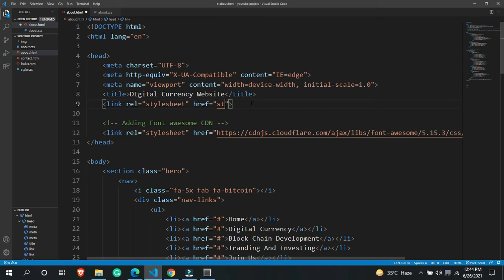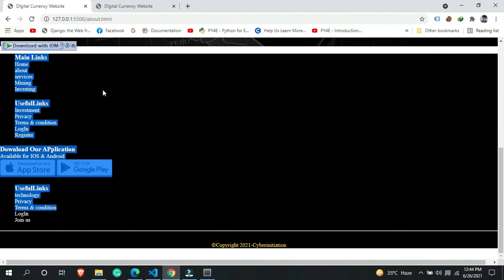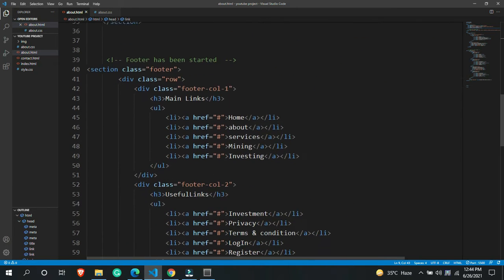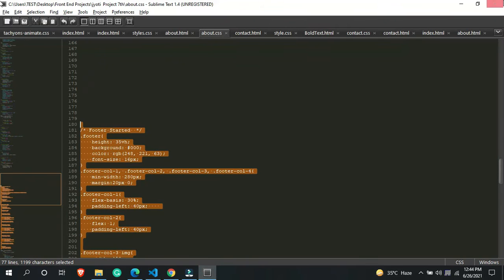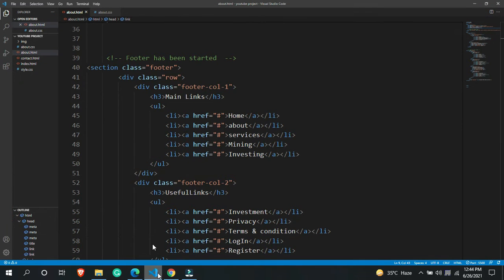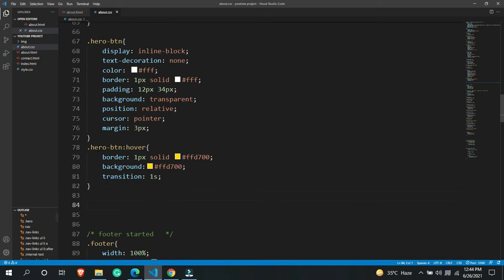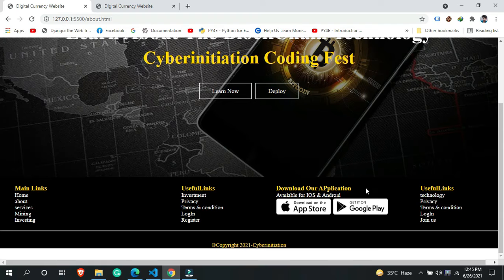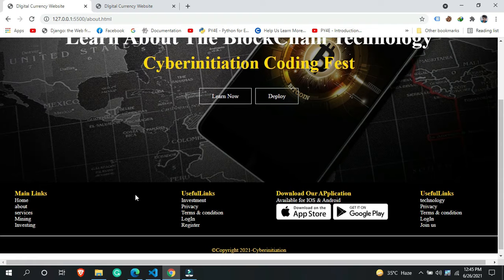So this is our style.html. Let me connect our css file over here, and here we are having this particular thing just because we didn't add any css, we are already using row inside it. So what we need to do is come up over here and add something inside row. So let's target the row, and after targeting the row let's add display flex. Then I'm going to add justify-content space-between, and that's it.